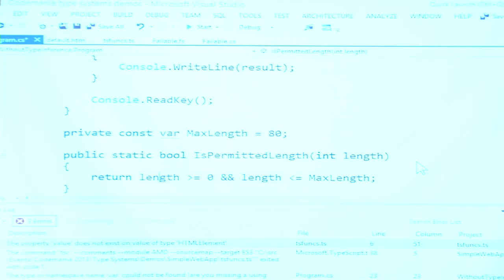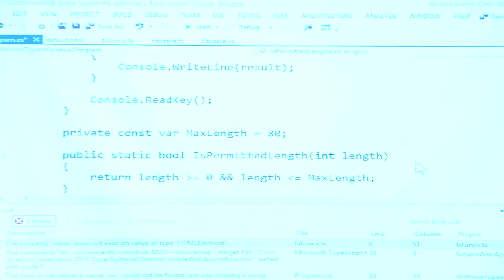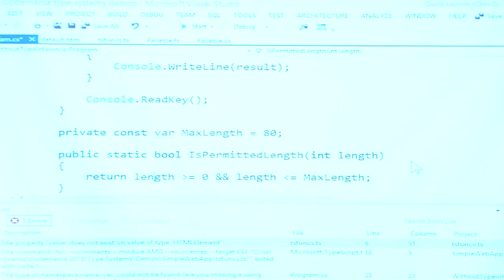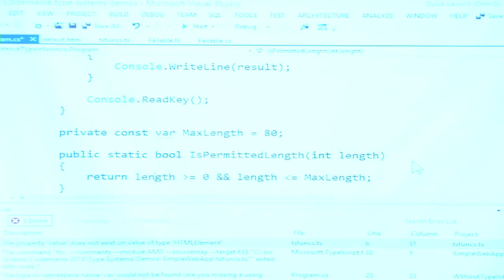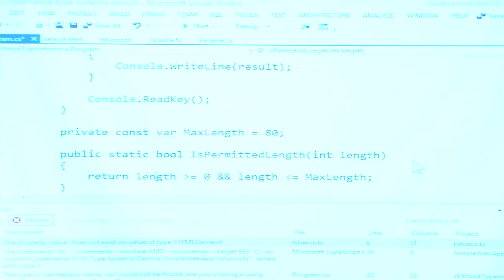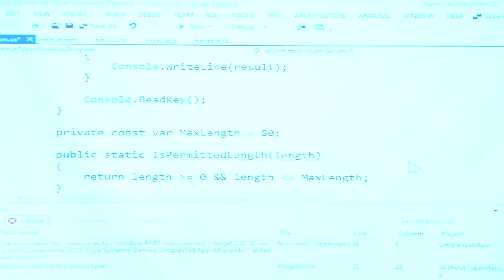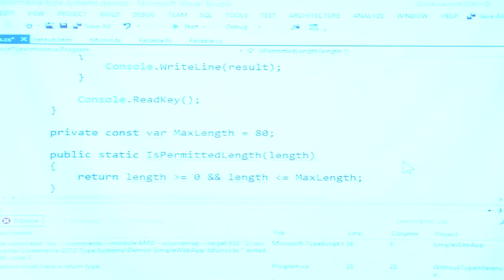What about this function? Takes the length, does some comparisons, returns a Boolean. You can figure that out, right? I mean, it's clear. That has to return a Boolean. It pretty much has to take an integer. I'm not going to worry about shorts and longs because no one uses shorts and longs. It's a function from integer to Boolean, right? Why do I have to tell the compiler that? Why can't I just write that? Well, computer says no.